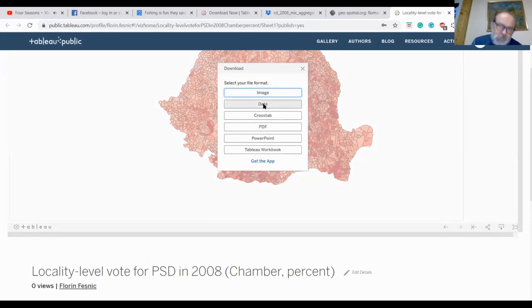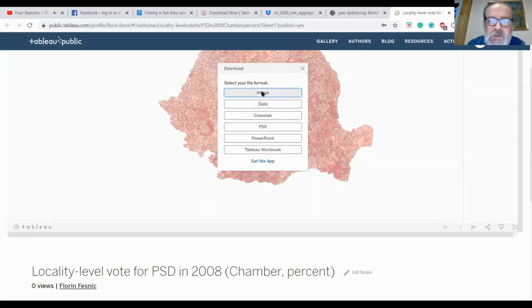Well, assume that you've already had the data, but say you might want to give the option to other users to save the data that you've used. So give the link to this map to a friend, and he or she goes to your Tableau Public account and can save your map and the data that you've used.